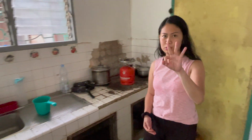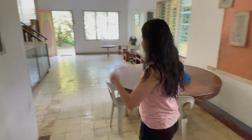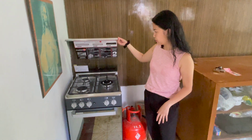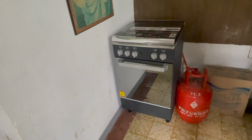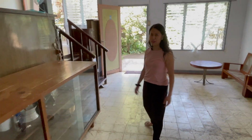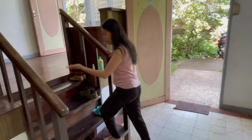So we're just gonna go upstairs to check the 3 rooms. It's a huge house. I know it's just the two of us, but we really want to purchase this property and we see that there's a huge potential to it. By the way, this is the gas stove that we purchased just recently along with the refrigerator. So magulo pa talaga yung house, but before and after, right? It's better to have that recorded as well. So going up,